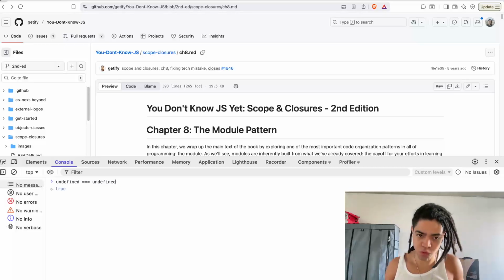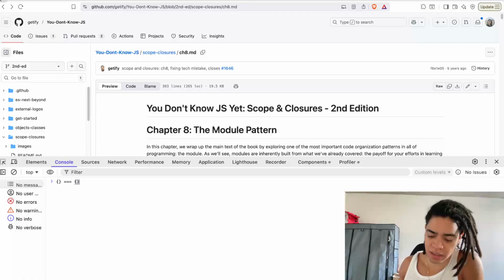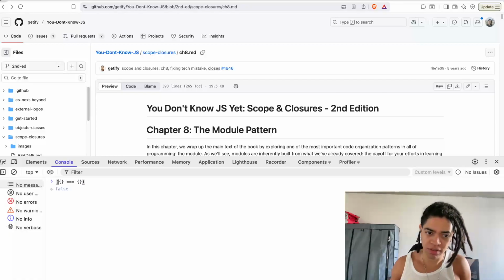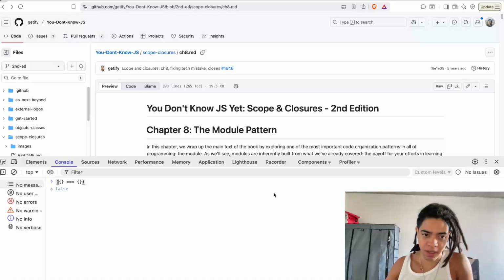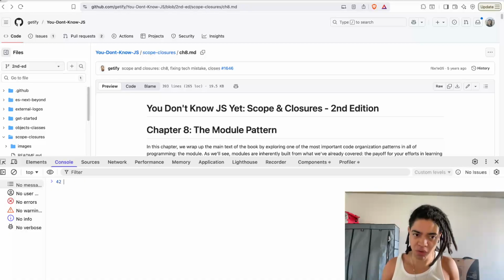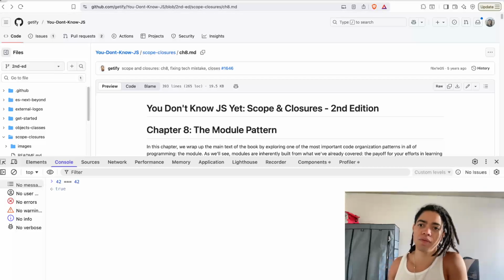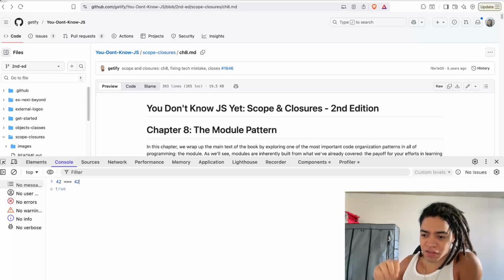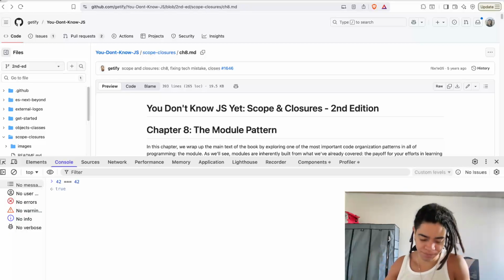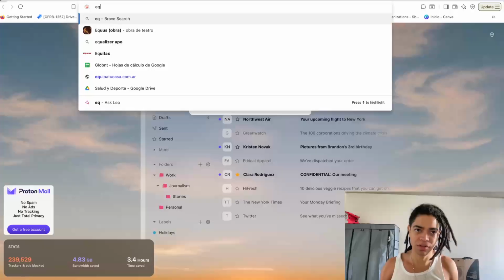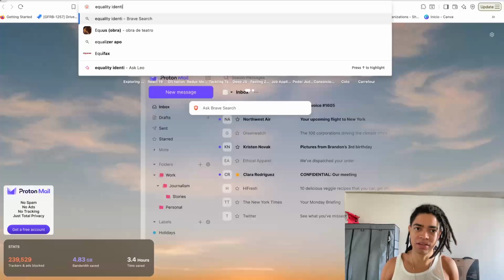But when it comes to comparing objects, a lot of people say that is because they are part of a different slot in memory. And I want to go a little bit deeper about that, because how do you make sure that 42 is actually equal to 42, all right? So this is when this equality identity, because that's what it is, that's what it's mentioned as, equality identity,